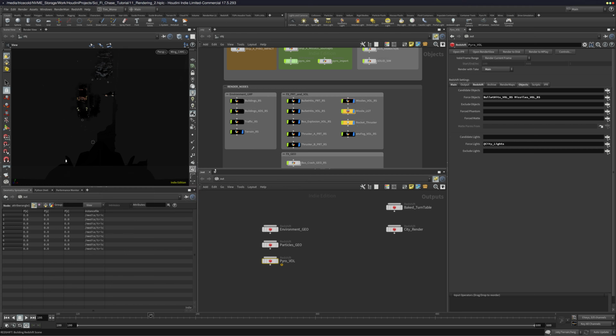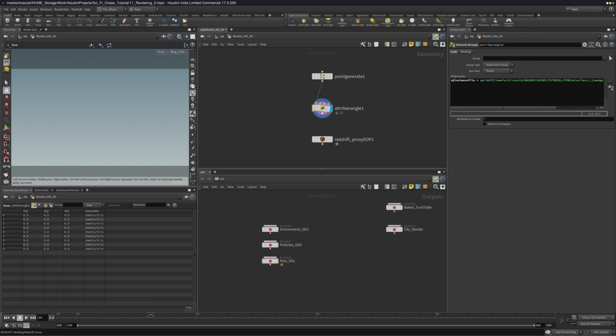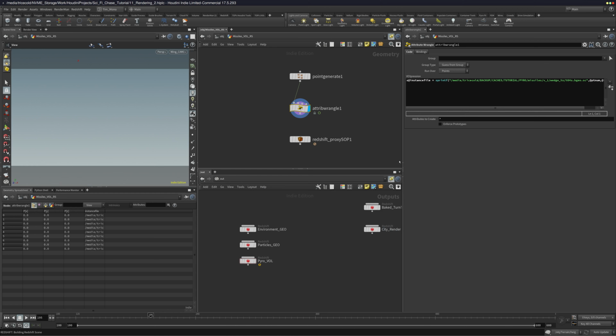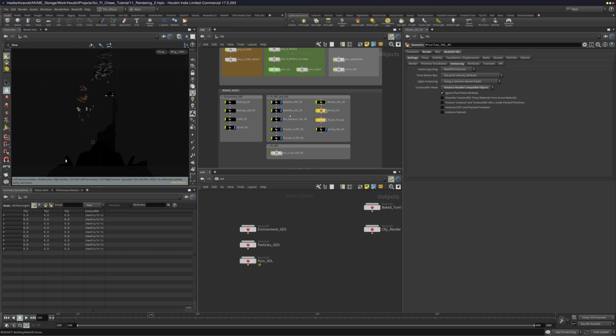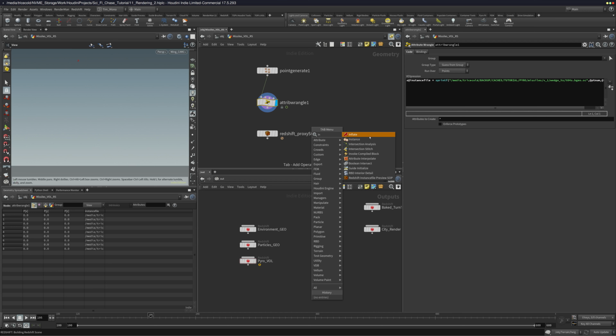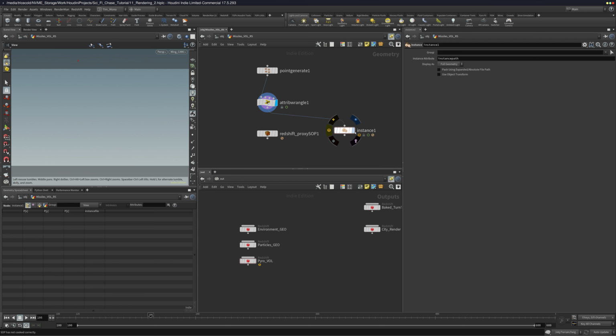Okay, let's debug these one by one instead. So missile volumes, here is what I need. I have the caches. I get some error here. Perhaps in the scene. No, that's fine. Come back here. Just need to get the same setting as this one here. Pretty much. Instancing on, Redshift instances, compatible objects. And I have my points here. So I should have my instance file load my proper instance file trails